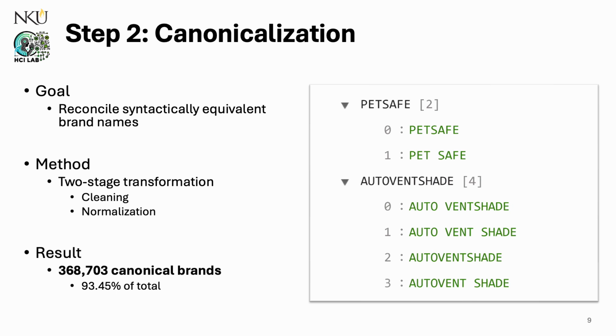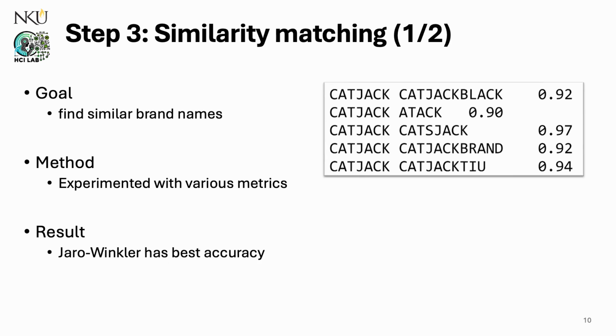Through this process, we obtain 368,703 canonical names, covering about 93% of the total dataset. This step helped us eliminate duplicates and prepare the data for deeper matching tasks like handling typos or near duplicates in later stages. Once the names were standardized, the next step was to find which ones likely refer to the